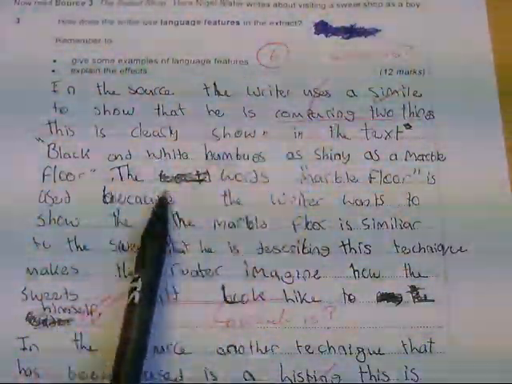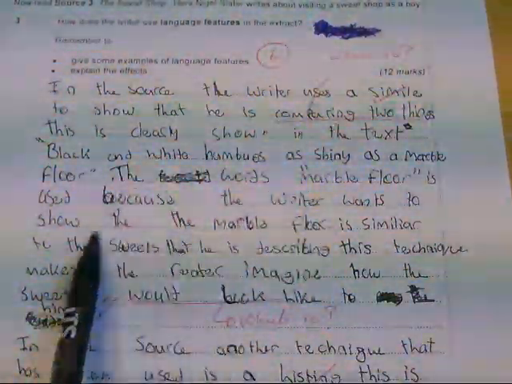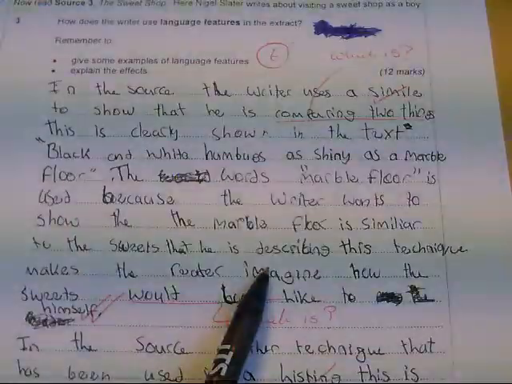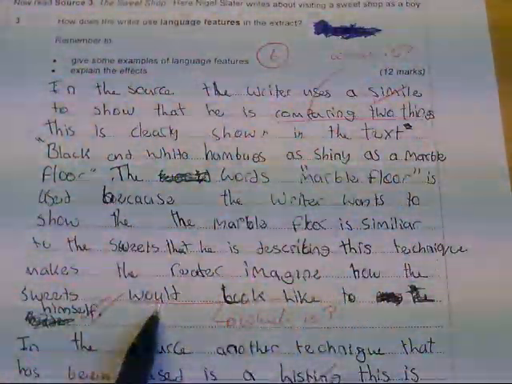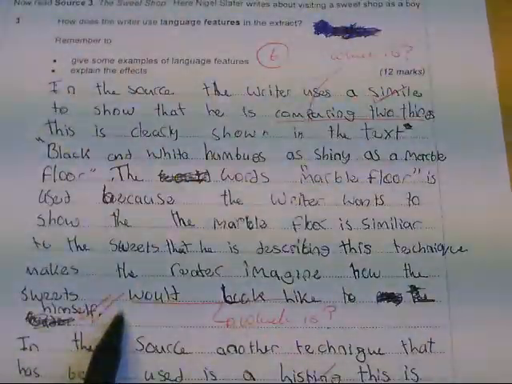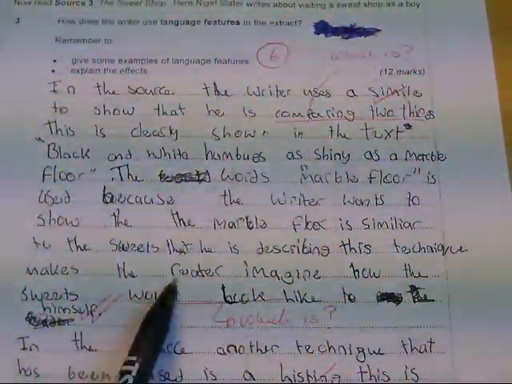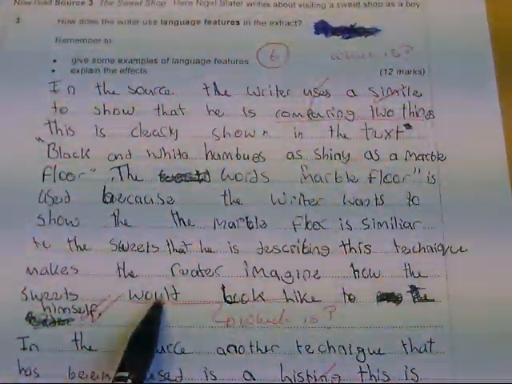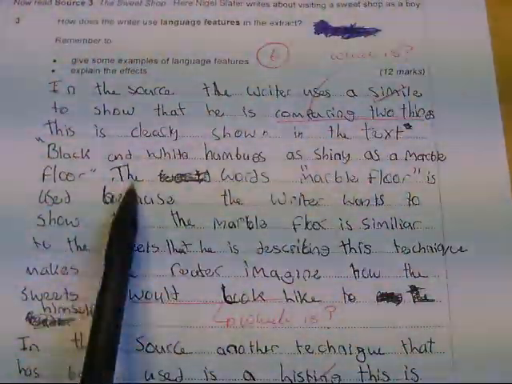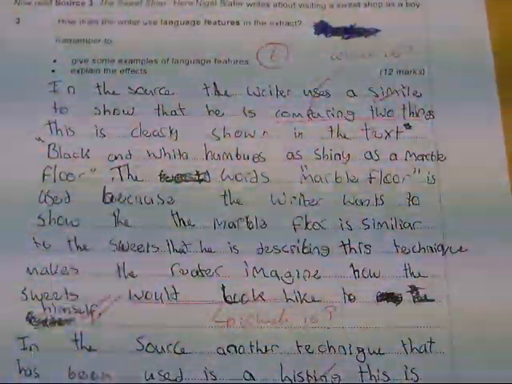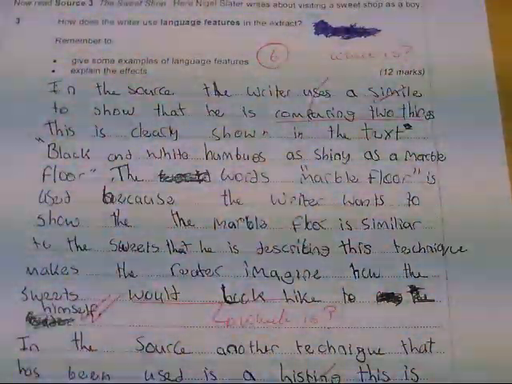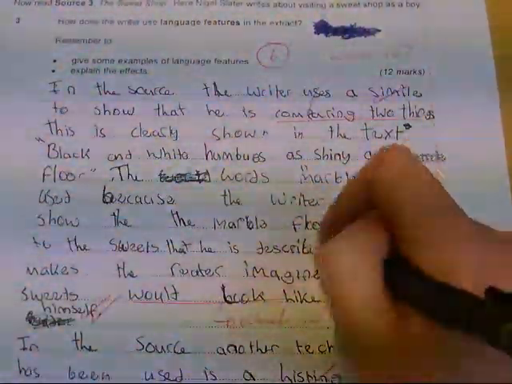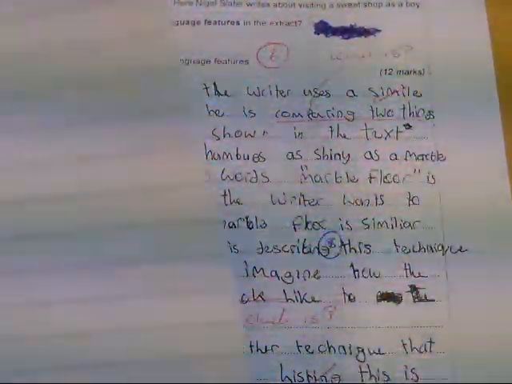Okay. The word marble floor is used because the writer wants to show the marble floor is similar to the sweets that he is describing. This technique makes the reader imagine how the sweets would look like to himself. Now, lots of good things about this analysis, but where it falls short is that it doesn't actually explain two things in detail. Okay, so the words marble floor is used because the writer wants to show the marble floor is similar to the sweets that he is describing. Okay, now I'm going to continue that here on this sheet